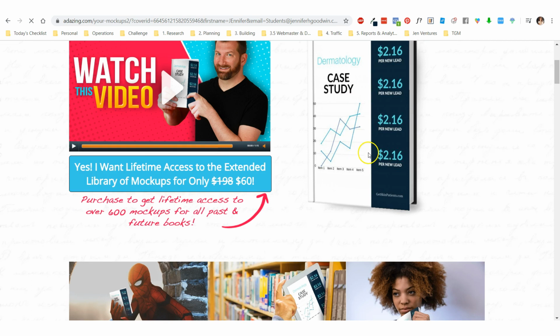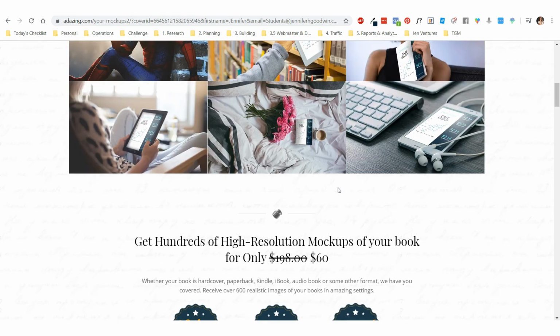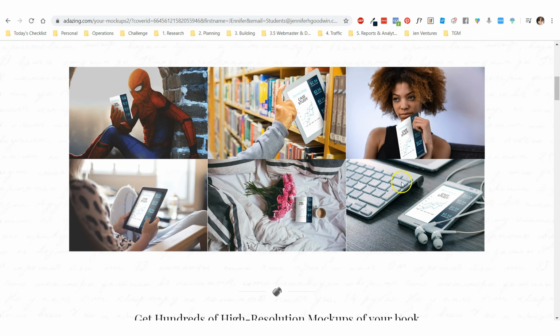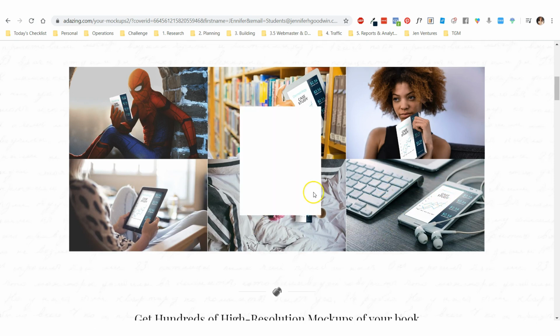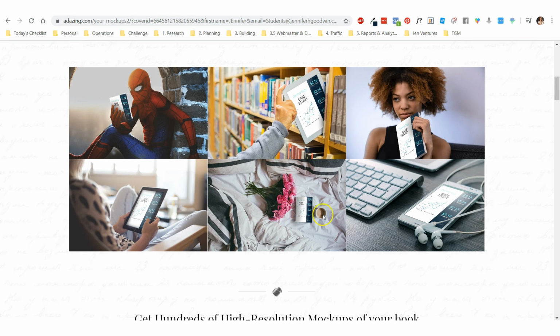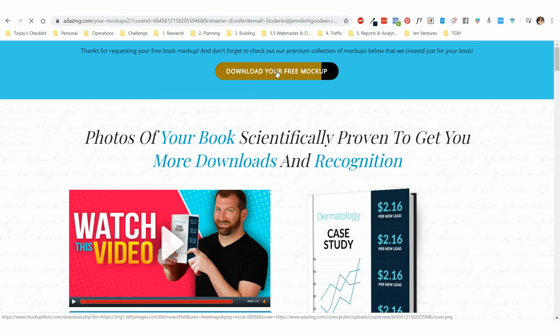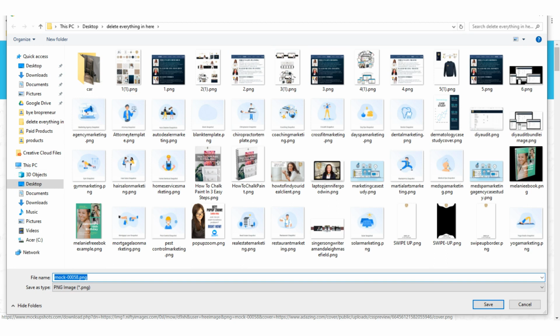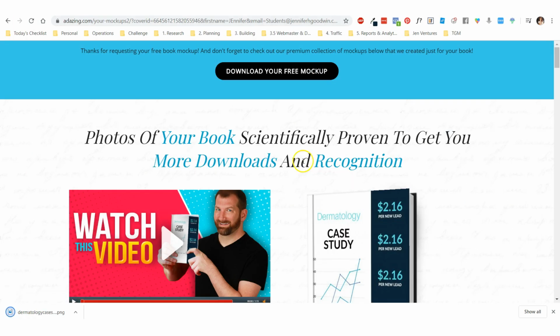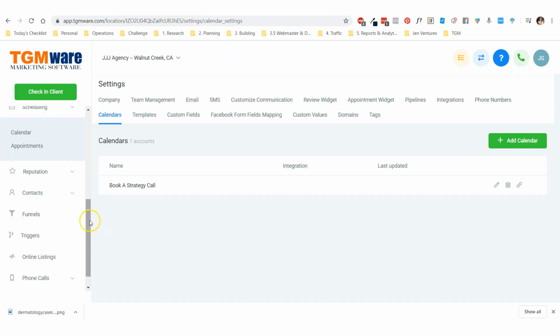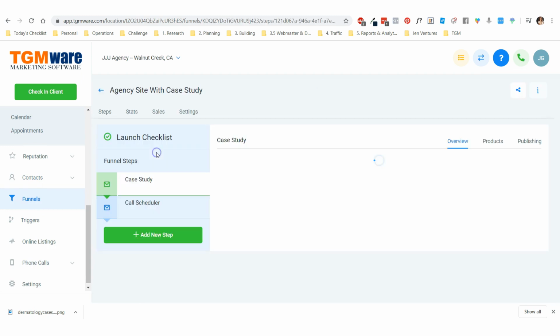You can get all different kinds of covers, right? You can get all different kinds of images. You know, you could even grab these kinds, but we can just download and then rename it with the, just click on the same image. It'll say, do you want to replicate? Yes. And now look what we have when we go back over to our funnel and we go to the